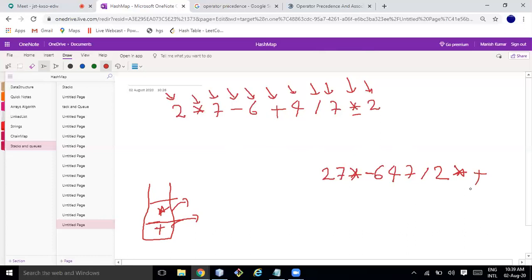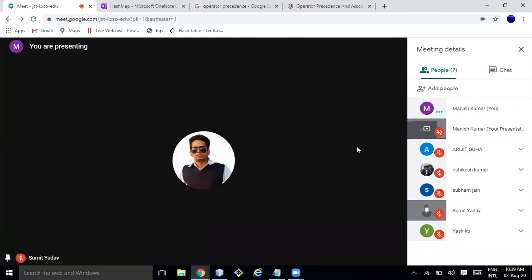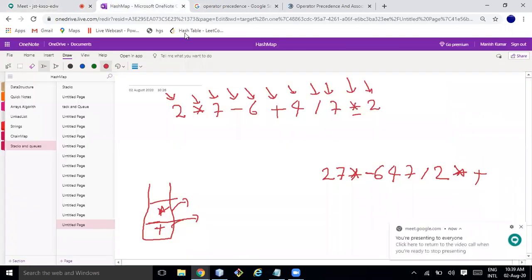Now, if you have any question, let me know. Manish, go back to the example 7 minus 6 plus. From the third element, we had minus in the stack, correct?